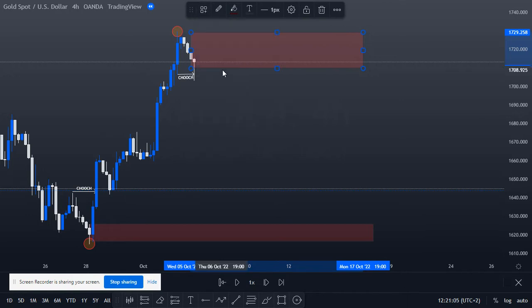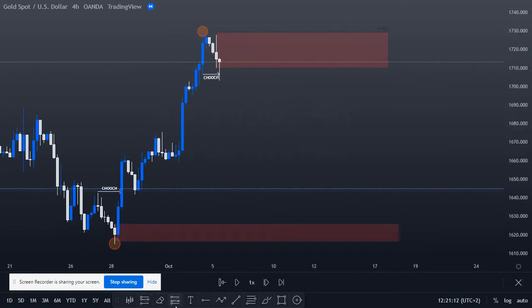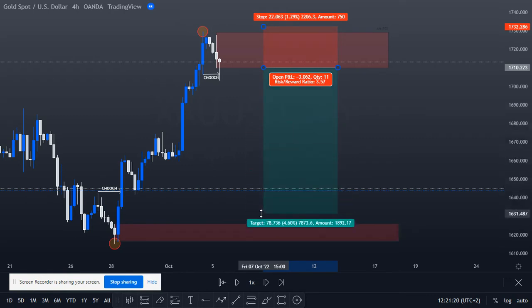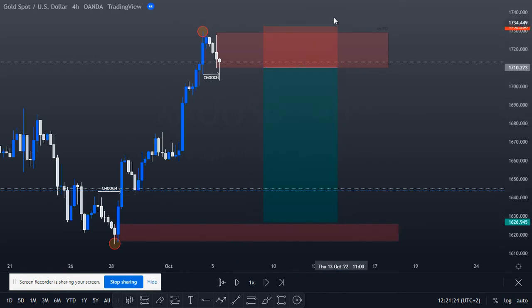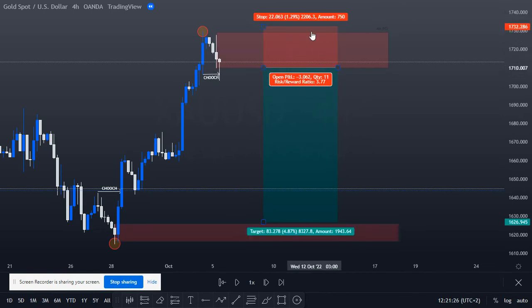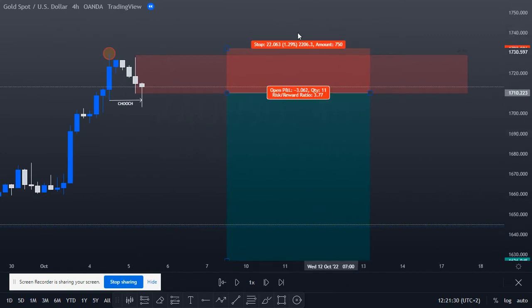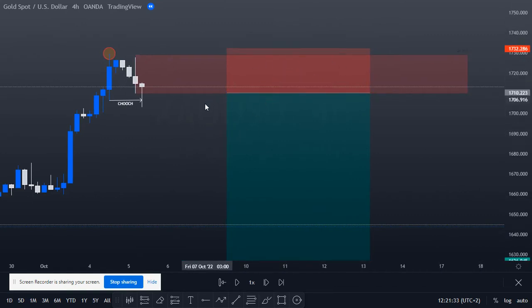Now, because we are willing to take a risk entry, we have to go back to a lower time frame in order to refine this order block. Because if we take a sell limit here and target our next order block, which is going to be our TP, this is just a huge stop loss because remember, we are in the 4 hour chart. Now this becomes a huge stop loss, especially for people who don't have